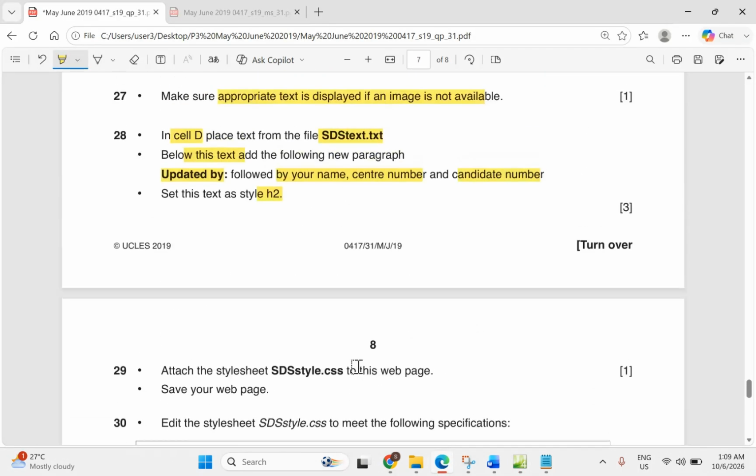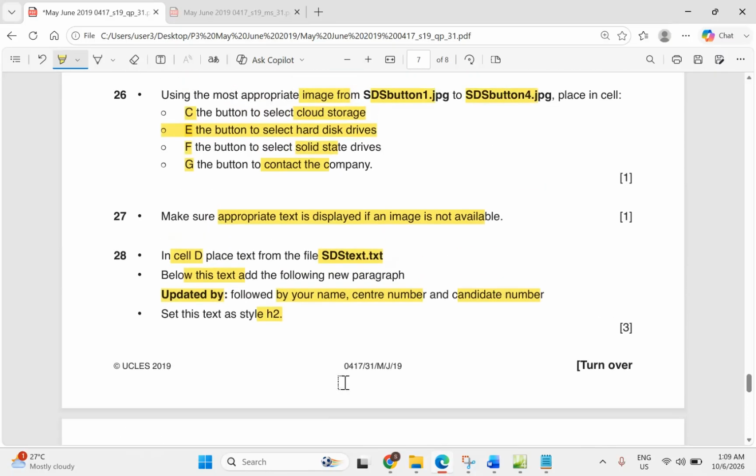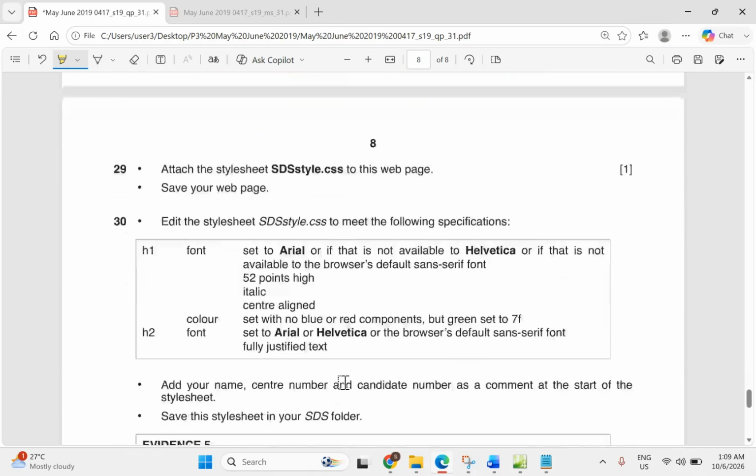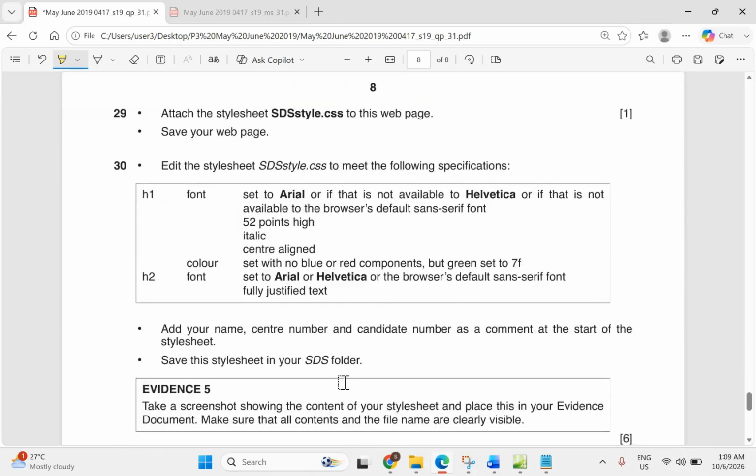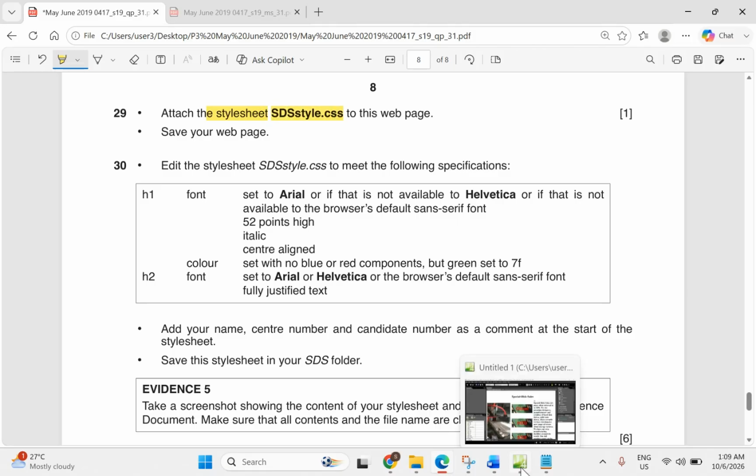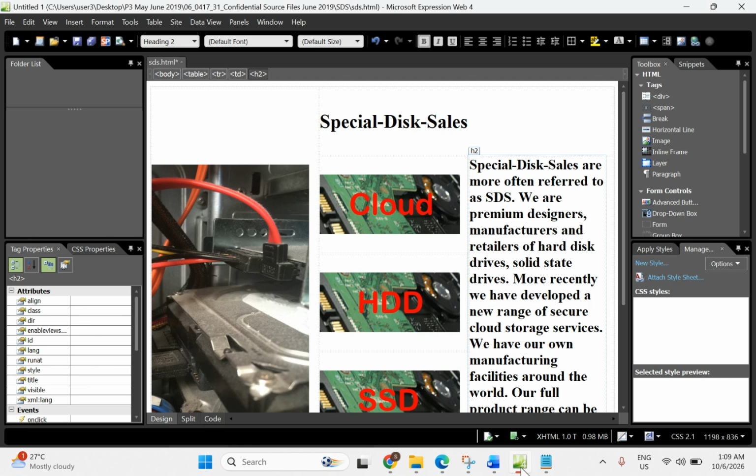Next. Now, we have finished creating our page using the HTML markup. Now, we are going to use CSS markup to add our style. So whenever you see style sheets, it refers to the CSS. Now attach the style sheet SDS style.css. Okay, now to attach your style sheet, what you do,